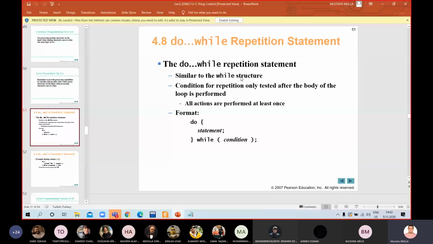So we will continue from do while repetition. Actually, this do while is very similar to the while repetition statement. What is the difference from the while? How is it working? As you know,